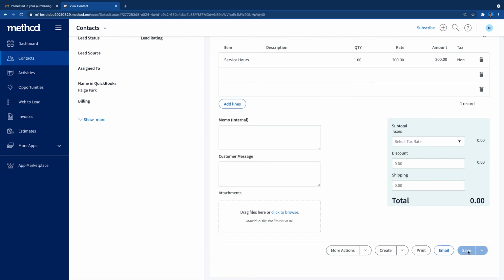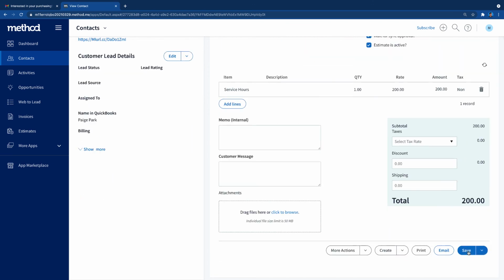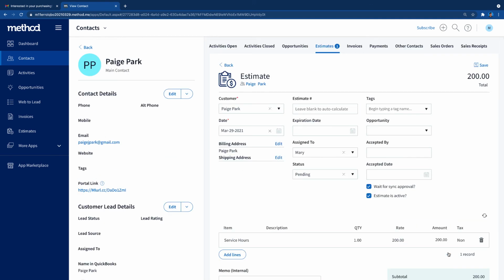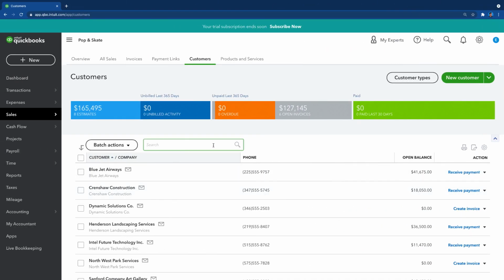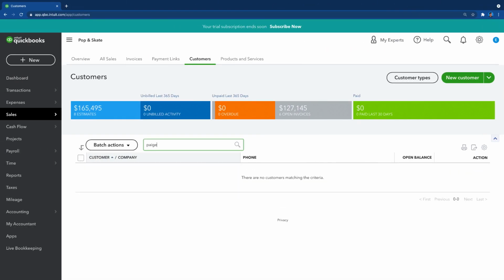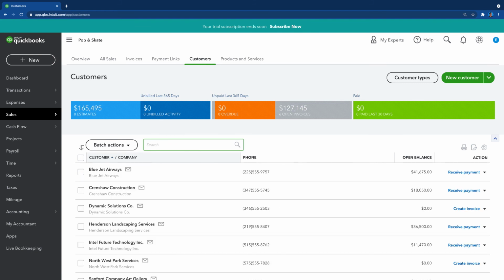At this point, we have a few options. We can print this estimate out, or if we email Paige, she will be sent to her portal, as we showed earlier, where she can view the estimate herself. For the purposes of this exercise, however, we want to get our lead past the finish line so we can bill them for services. At the moment, this customer and this estimate is not in QuickBooks. If I were to look at my QuickBooks Online account, Paige isn't here. I purposely chose this because I wanted to qualify the lead myself.